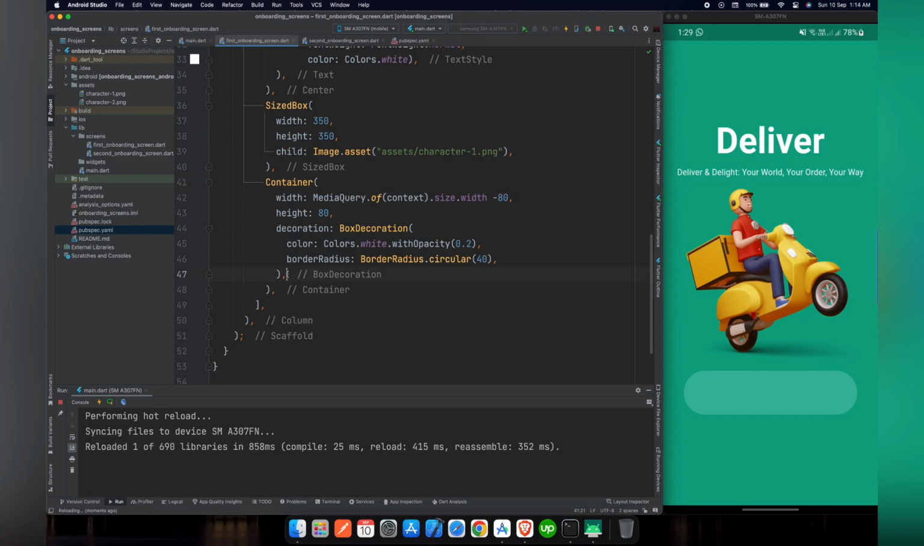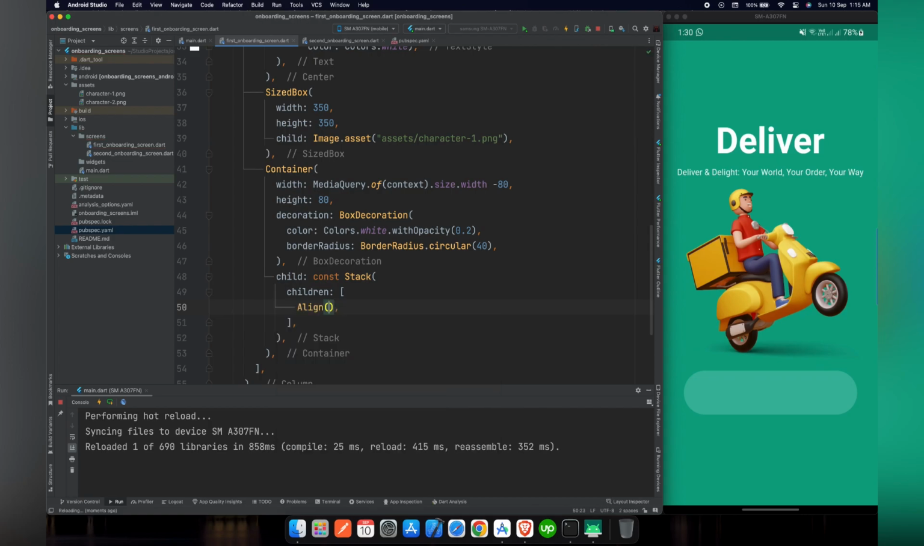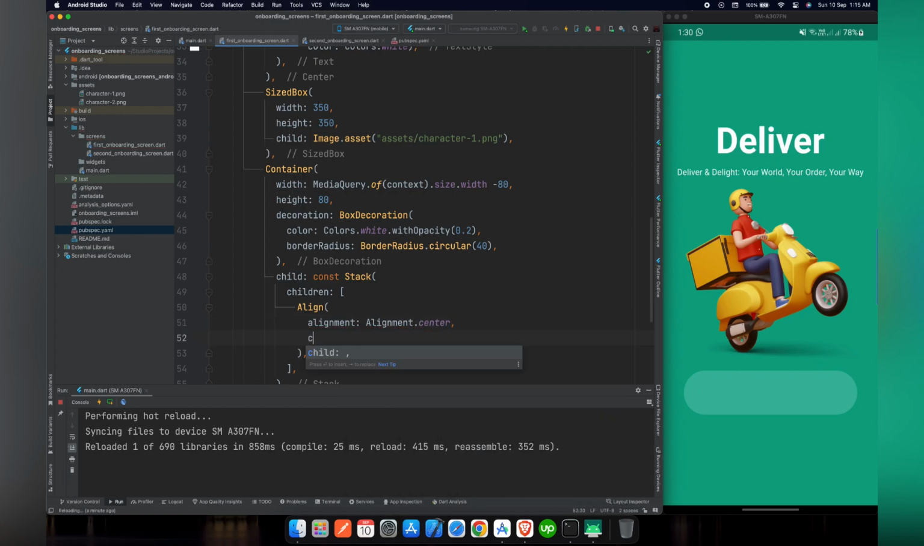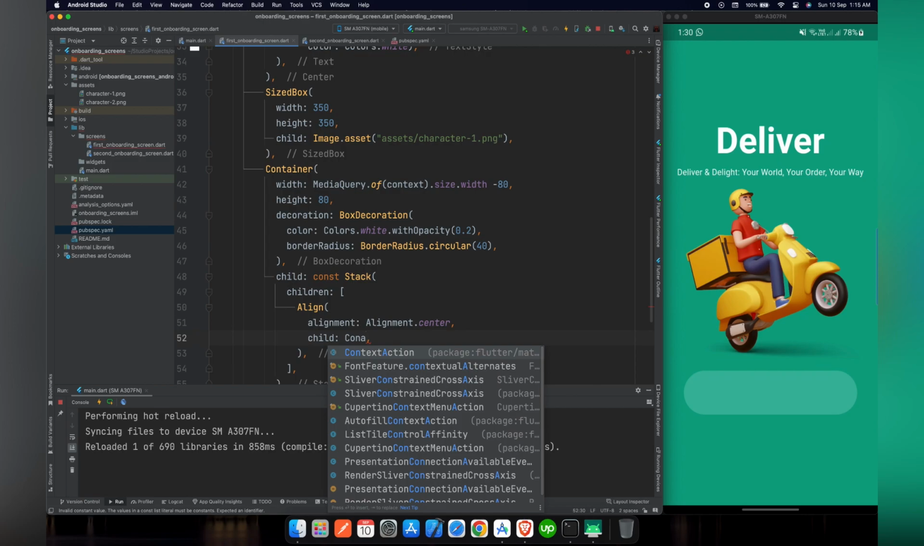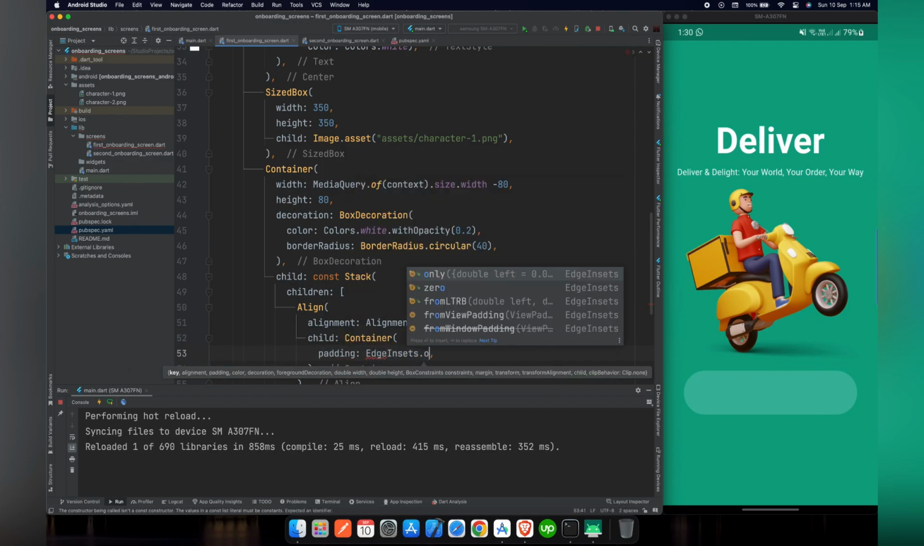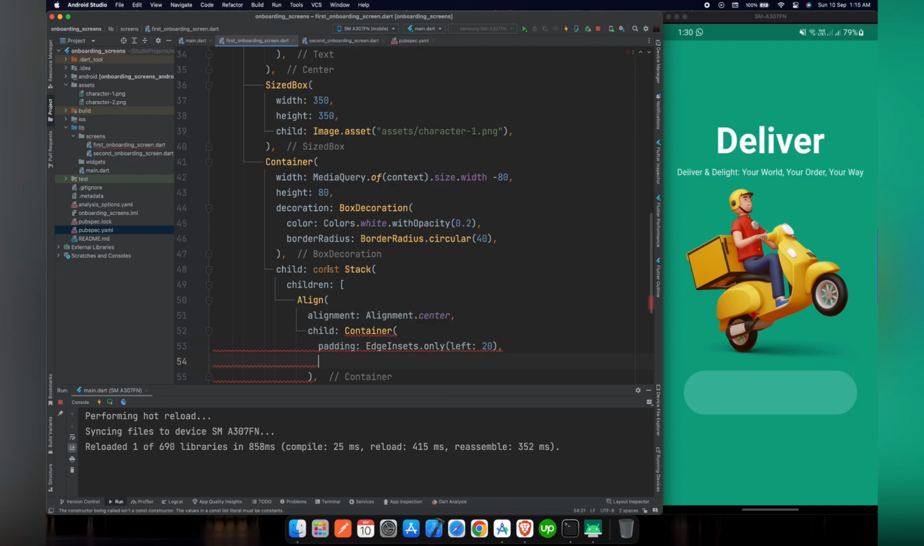beautiful. After that, we will use a child widget, and for the child widget I am going to use a Stack, and inside Stack, as you know, we have to pass the children array, and inside the children array the first widget that I am going to use is Align, and inside Align I am going to set the alignment to Alignment.center, and after that I am going to use a child, and inside the child I am going to use a Container widget, and for the container first of all let's give it a padding. For the padding I am going to use EdgeInsets.only from the left 20 pixels,